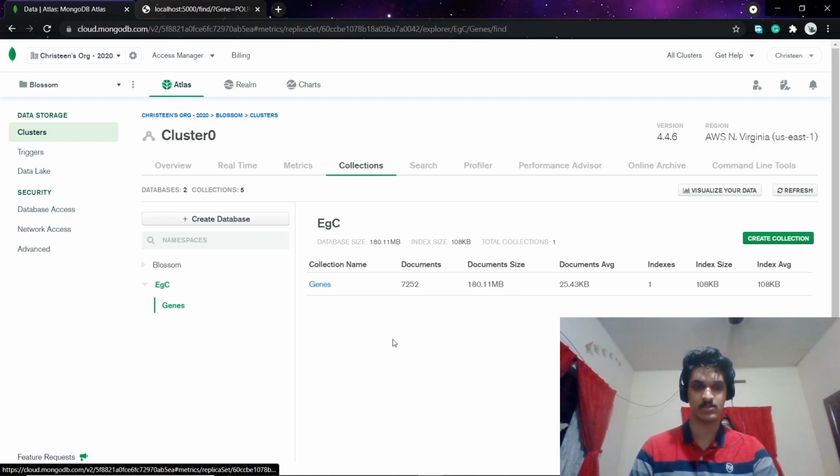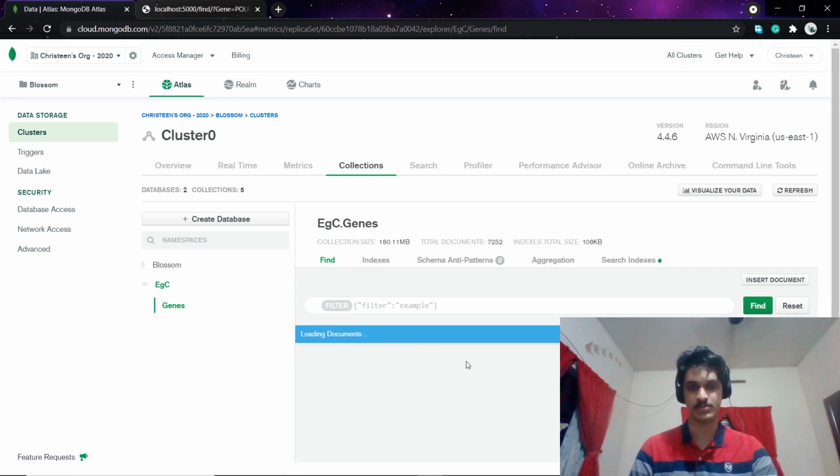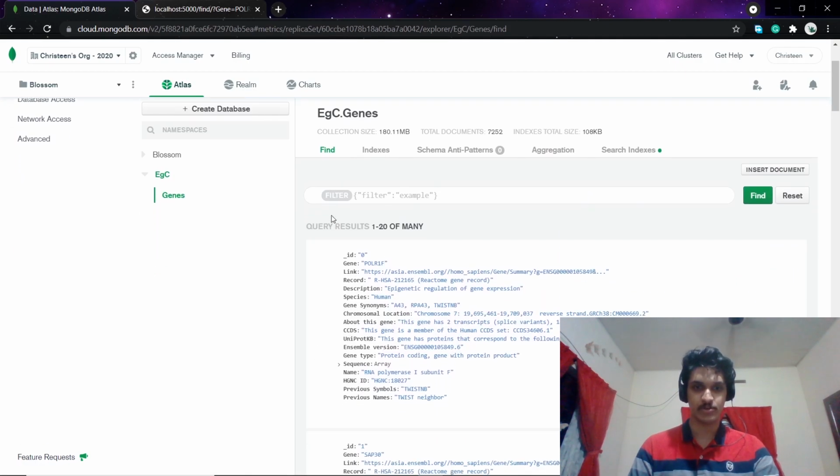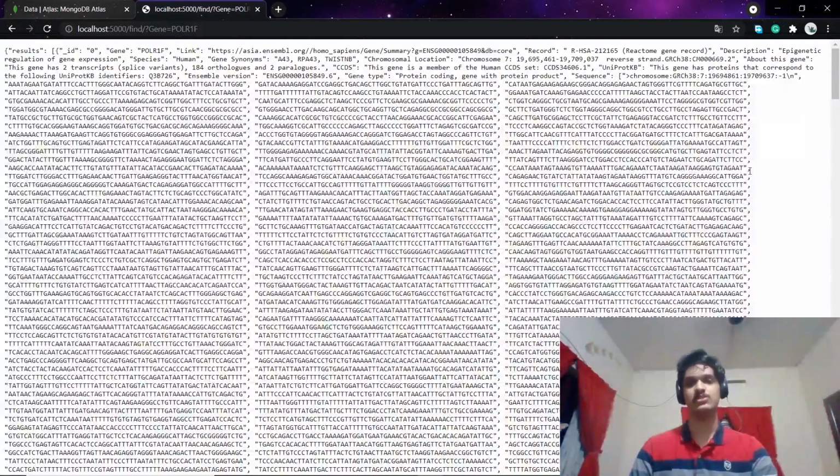Let's take a look at some of the first documents or sequences. You can observe all the properties that have been stored in the database, like gene, original link, record, description, species, gene synonyms, chromosomal location, about this gene, CCDS, UniProt ID, the sequence and so on. So let's get into the REST API.